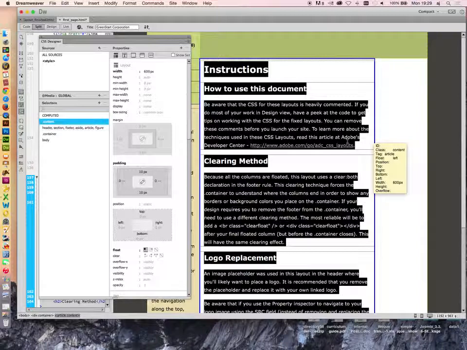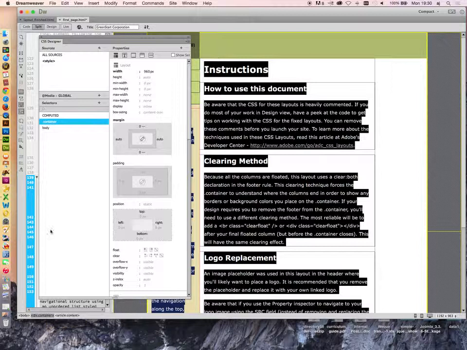It actually resides inside of, and it's really easy to understand how this works, if you look on the bottom left-hand corner of your document window, you will see that the very next tag to it is called the container. So you can see that the article class content resides inside of the container. Your container is right here. So if we were to select that on the bottom left-hand corner, go ahead and click on that,